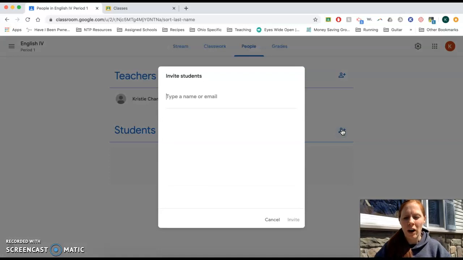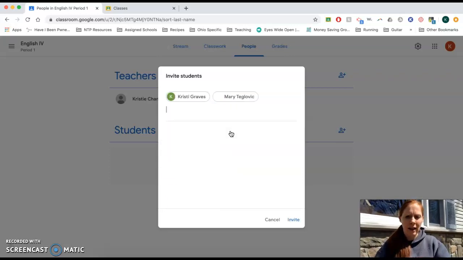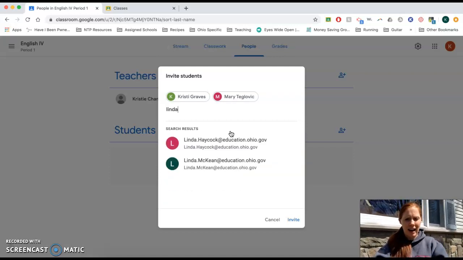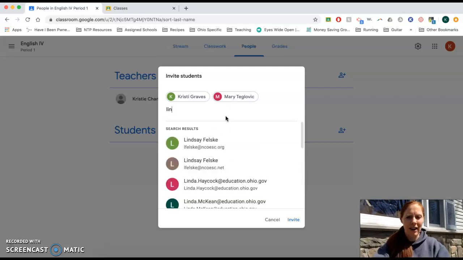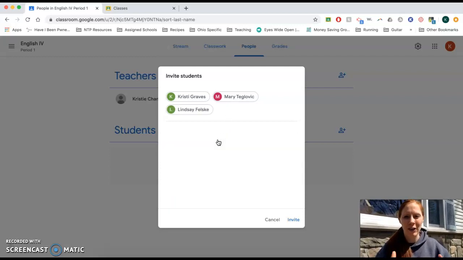So once you are inviting your students from your organization, it's as simple as having your class roster next to you and starting to type their names, because their emails will automatically pop up. And students can be coworkers as well. These are not actually students that I am pulling up here. They are coworkers as I'm setting up this shell class. So as you invite your students, you simply click their name or type their names. You click invite,